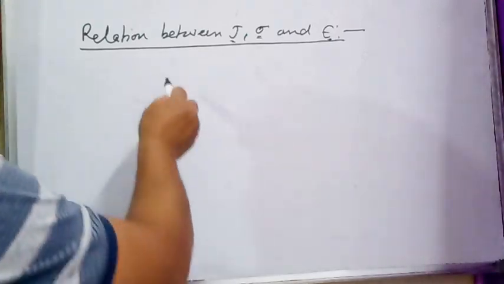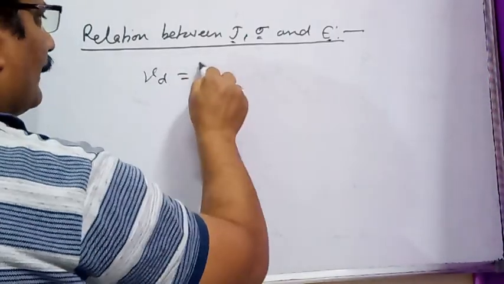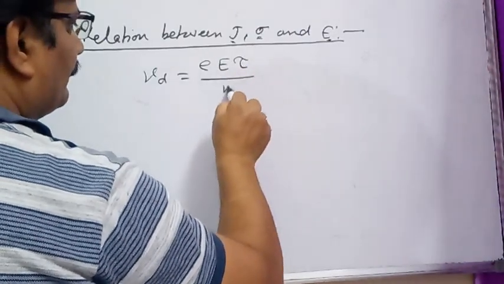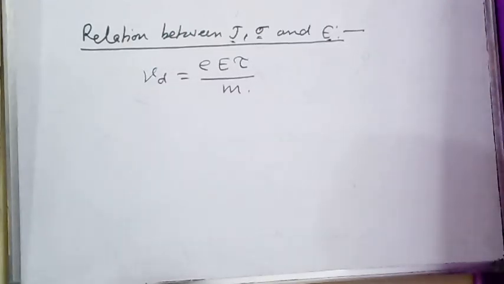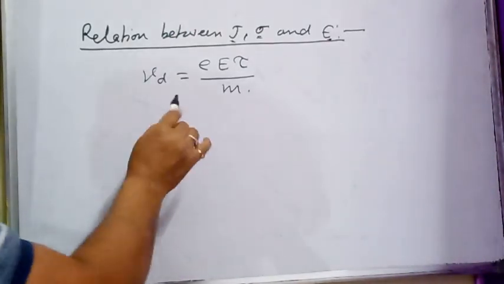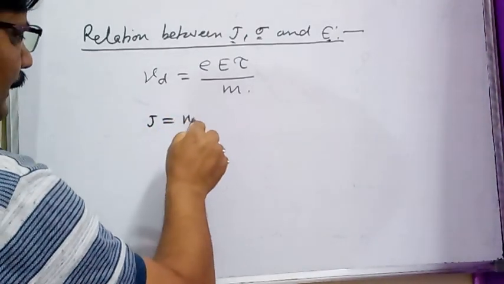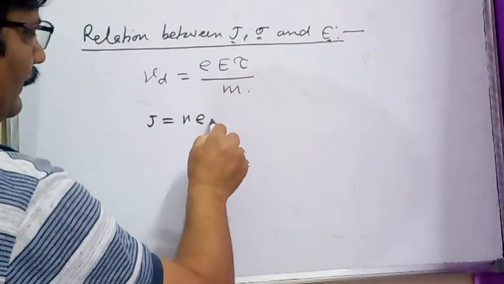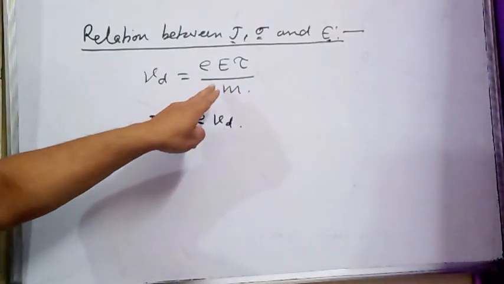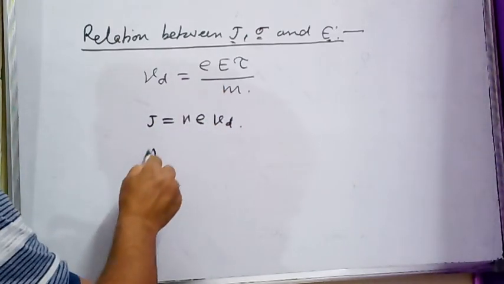What is the value of the drift velocity? Value of drift velocity, as we have derived already, is eEτ divided by m. This is the relation. And by the relation between current density and drift velocity, current density J is equal to neV. So if you put this value of drift velocity in this relation, you can write J,